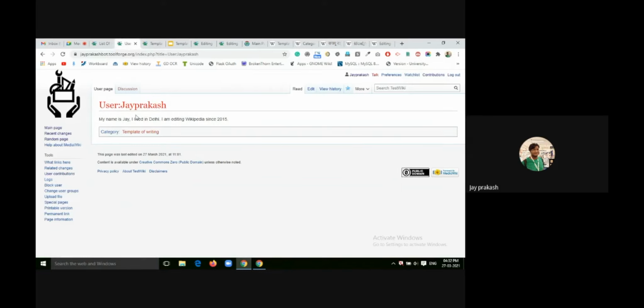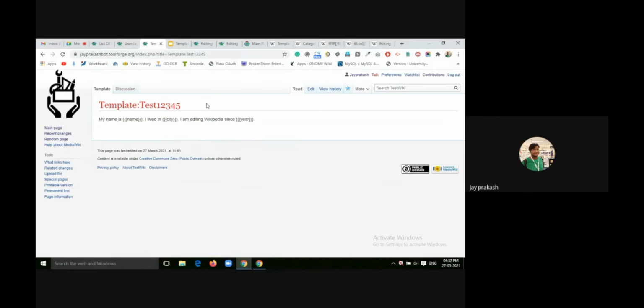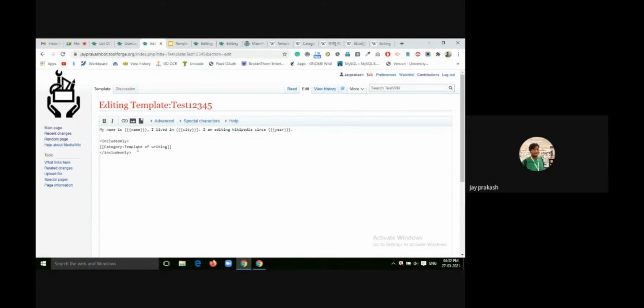Like here in that page User Jayaprakash, I am including the template and calling the template. So here the category has been attached to this page. But here it is a main template page and it does not call the template, so here we will not include the category.